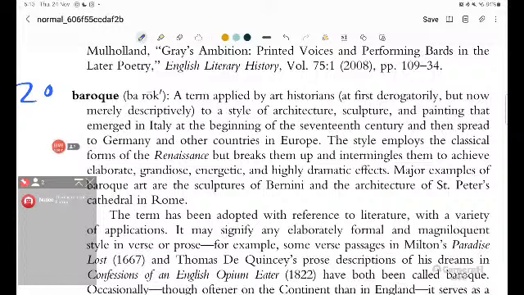Major examples of Baroque art are the sculptures of Bernini and the architecture of Saint Peter's Cathedral in Rome। अगर हम term की बात करें तो the term has been adopted with reference to literature with a variety of applications। It may signify any elaborately formal and magniloquent style in verse and/or prose।